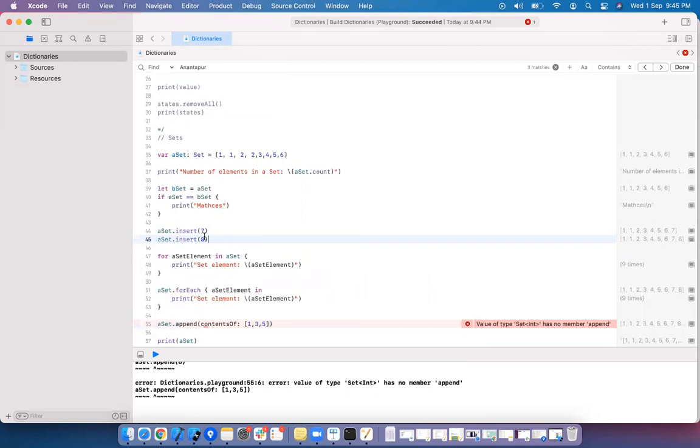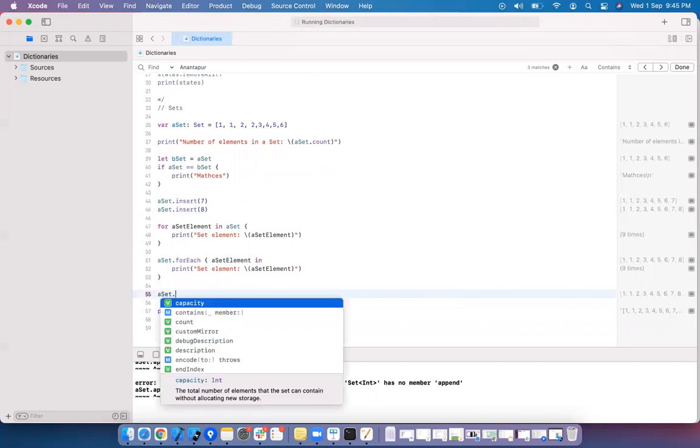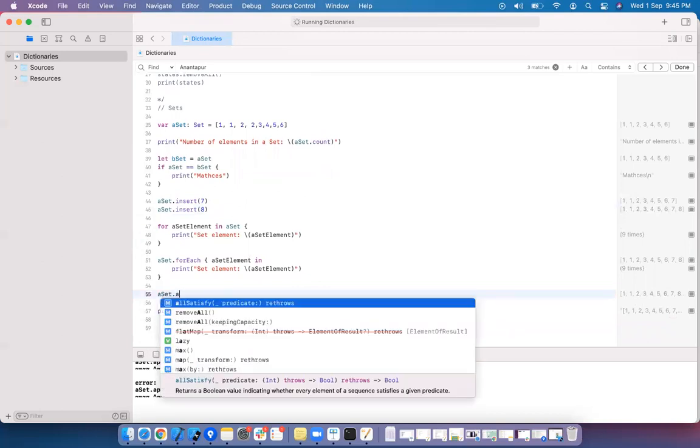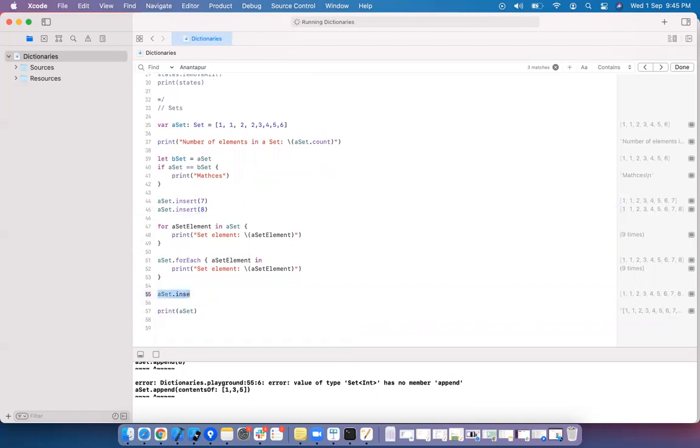But there is no index here. You can simply insert the values. We also have insert from collection and insert new member.